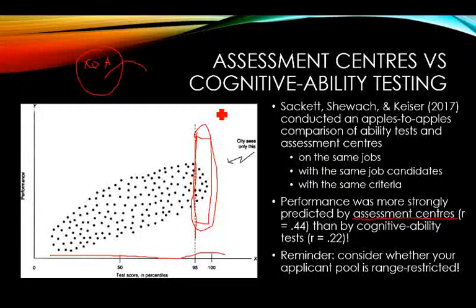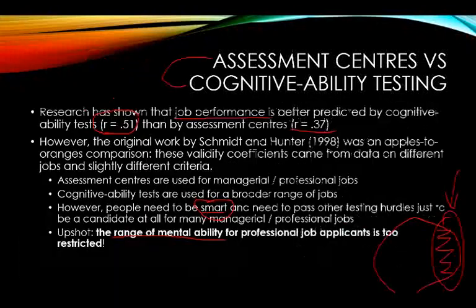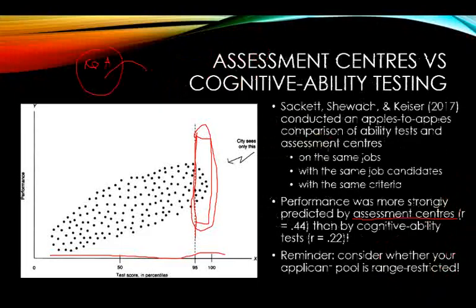What they found in the study was that how well people did on the assessment center predicted job performance more strongly than how well they did on the cognitive ability tests. Now you'll notice that the predictive validity of assessment centers remains roughly the same. It's still approximately 0.4, yeah, 0.37, 0.44. It's basically the same. But what we find is for these jobs, cognitive ability tests are less